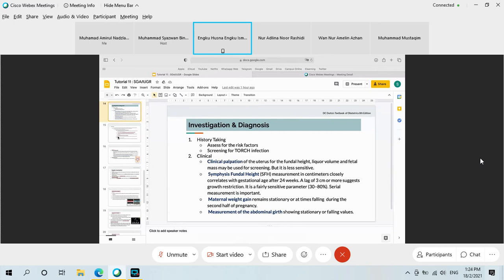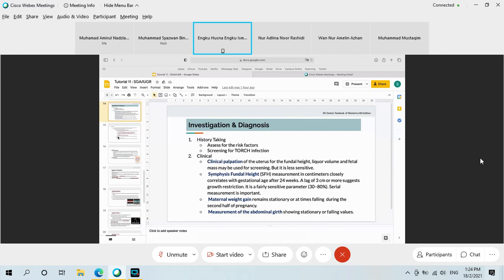If let's say less than 3 cm from the current gestational age, then she will refer to medical officer for further assessment. And then medical officer will confirm the fundal height and then scan the babies. If let's say the scan shows that baby is very small, then they will refer to tertiary hospital. So actually for the detection, fundal height is